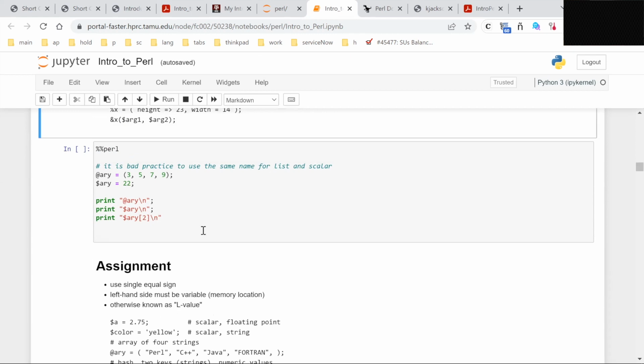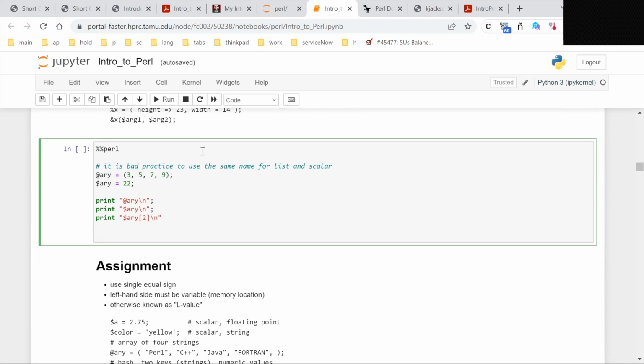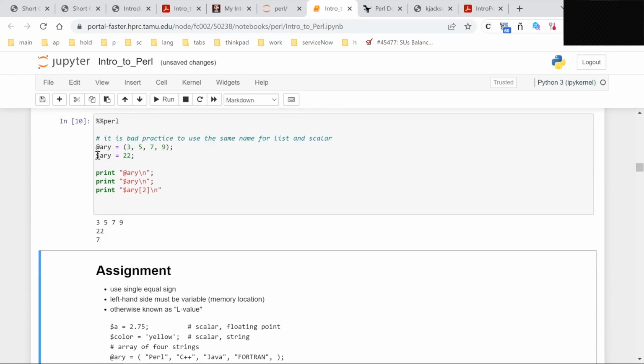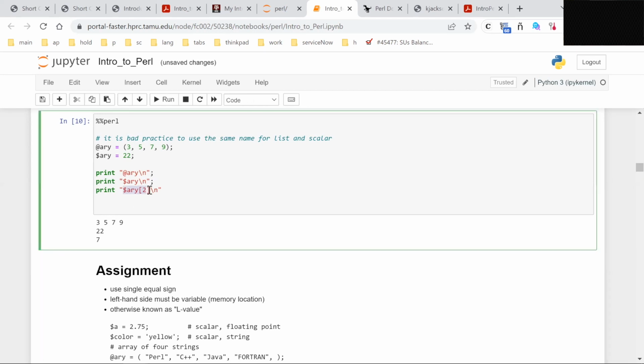So here, this just illustrates that you can have two variables with the same name, but different types. So if I have a list, it prints it out as this. If I have a scalar, it prints out as that. Normally, that is not a problem, but when you start doing the elements of the list and you want to do a reference here,